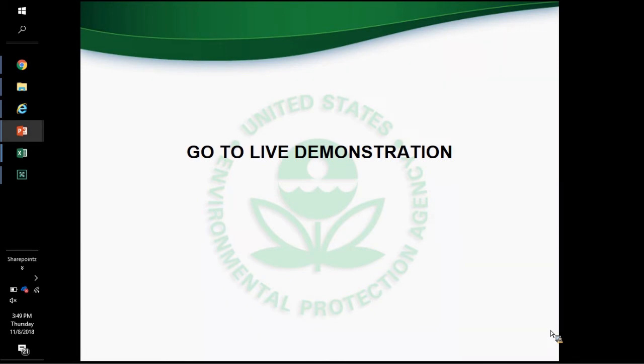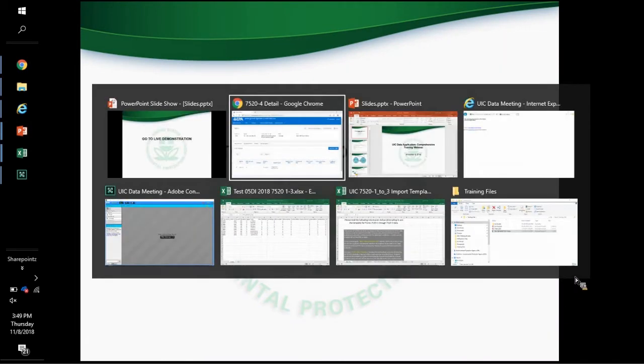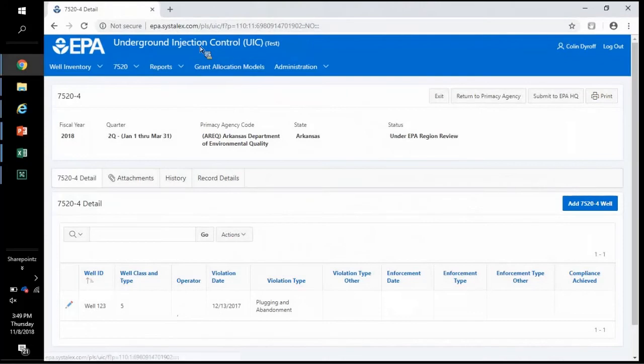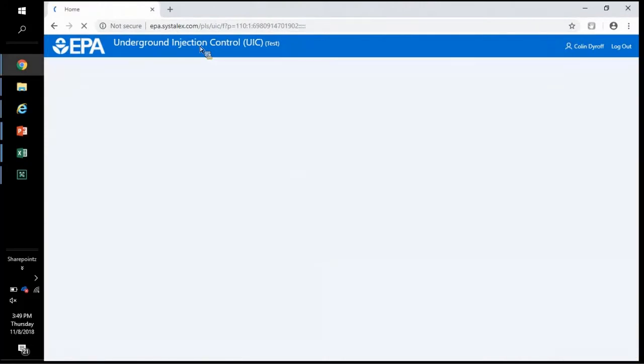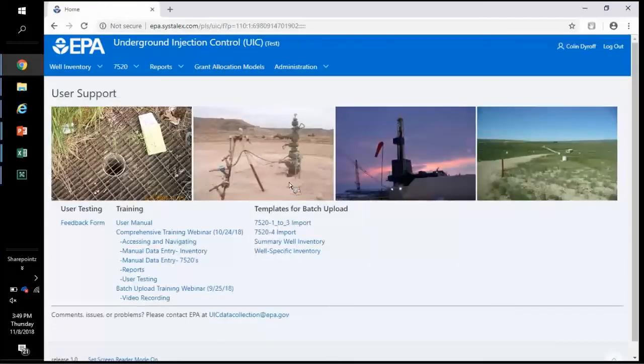And if uploading an Excel file, I want to point out that it works a lot better if you format everything as text. So I'm just going to go right into a live demonstration here. If you go to the application homepage again,